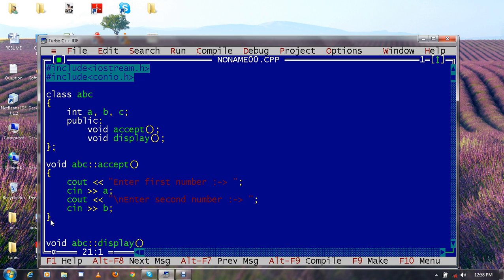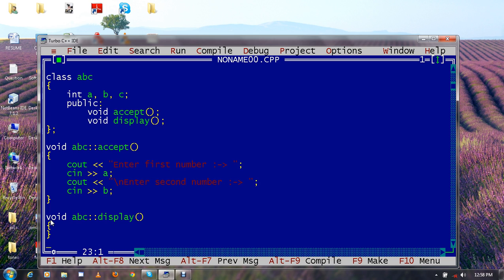I have already written down the statement. So here I want to display the sum of the two numbers. So I will add.